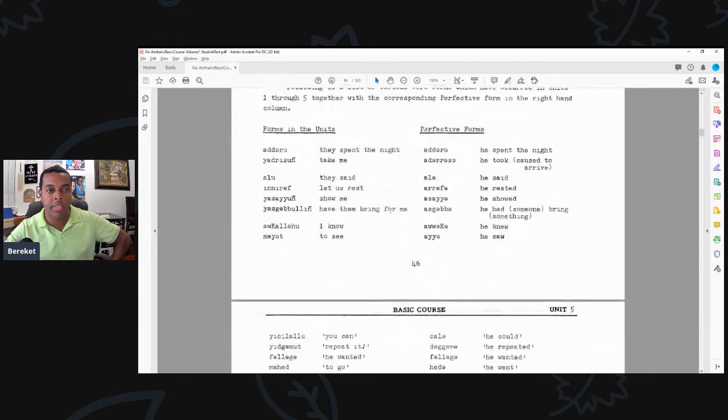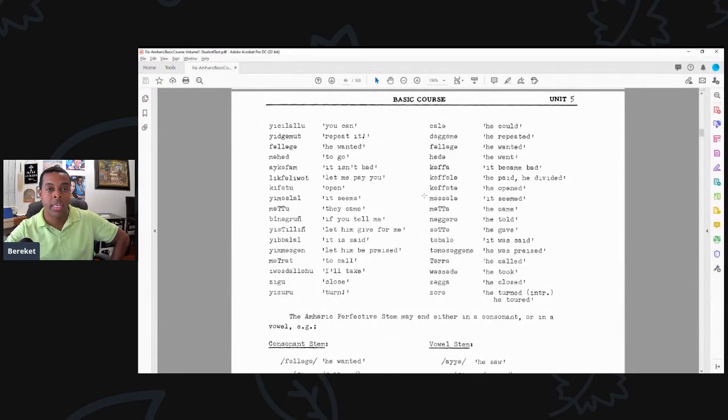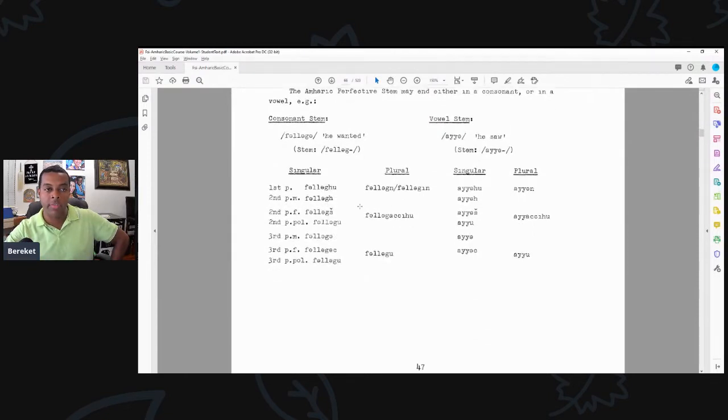5.1. He summarizes the verbs that we've come across in the first five units, and you can see the forms and how they appear, and then you'll see the actual conjugation of this. So running all the way through from first person to second person singular to third person singular to first, second, and third person plural for falaga on the left-hand side, aya, he saw, on the right-hand side. So you can see there for falaga, it's falahu, I saw, or I wanted. Falag, he wanted, or you wanted, that is,